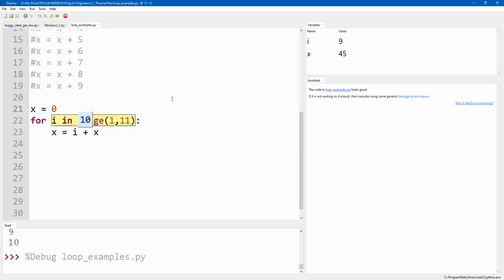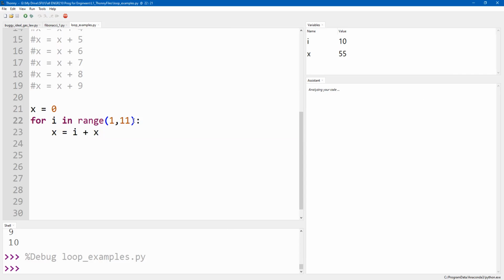All right. So I is now 10. I come down in here. I add up that. X is 55. What happens next? It stops. Why? You ran through your 11 interval. Yep. Or rather, the next time I would go back up to line 22, the value of I is going to be 11, which means that it's hit the end of the range that I've asked it to do. So next one, done.